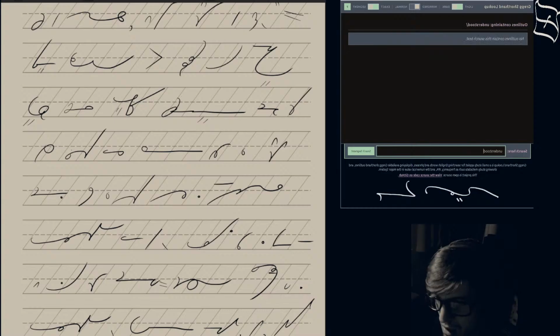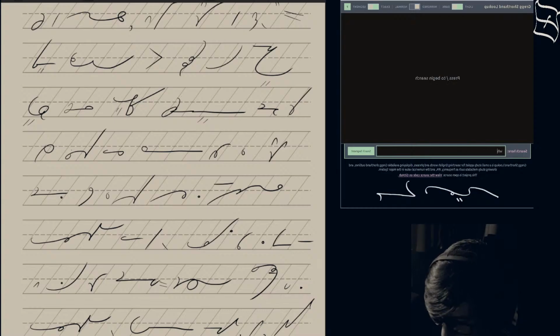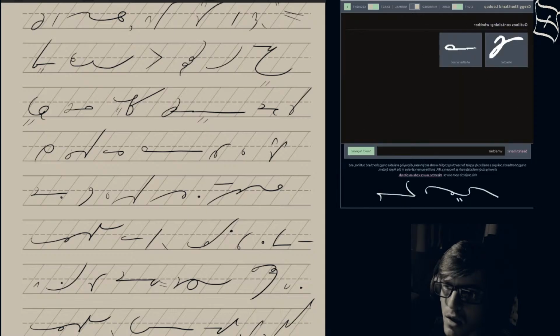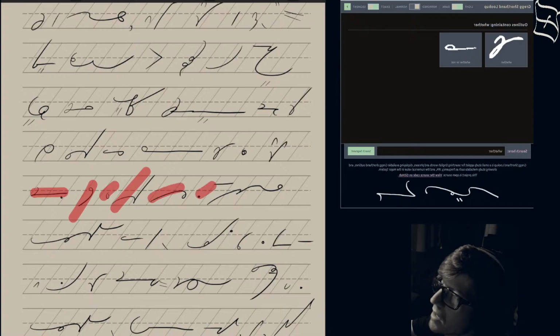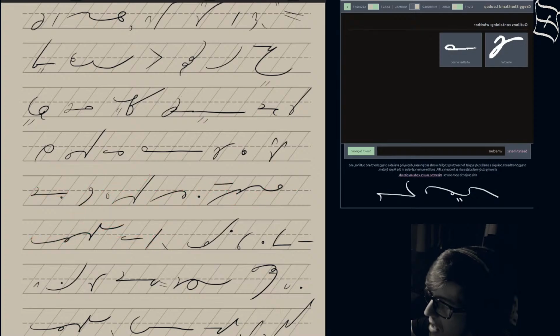WHETHER. That's why I had started the U a little bit too low, so let's make this a little higher up on the line. Understood whether, there we go, whether he understood something if he could give an introductory lecture on it.